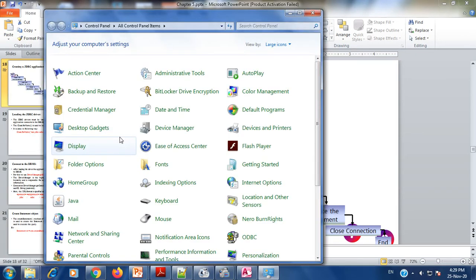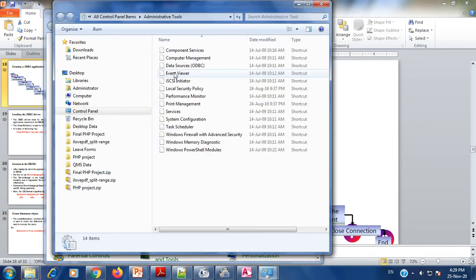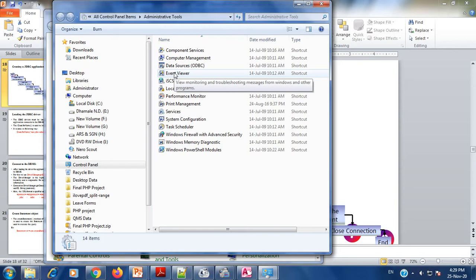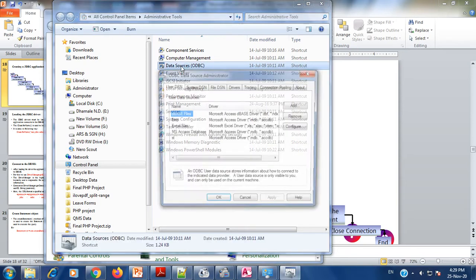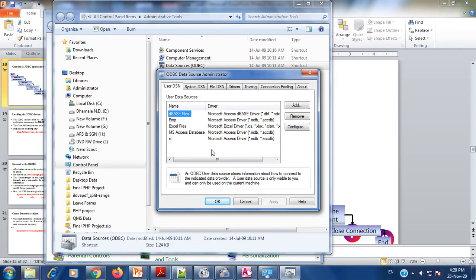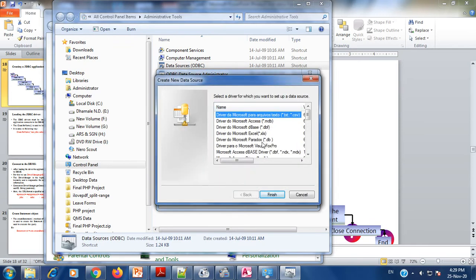Open the control panel, and in the control panel go into the administrative tools. In the administrative tools, you have to select data sources, that is nothing but ODBC. After clicking on data sources, you have to select add. In that you select the driver which is appropriate for your database.